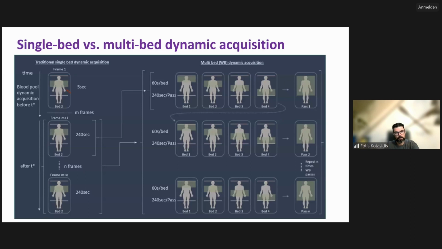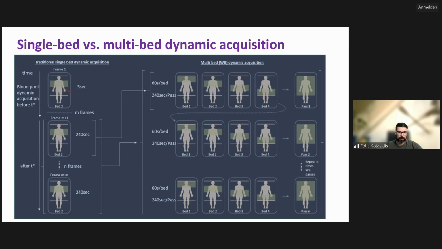So again, you have your Patlak model, and some time ago Nicolas Karakatsanis and his group developed protocols where you scan a large blood pool at the beginning of the scan, and then instead of staying in a single field of view, you can sacrifice some of the temporal resolution and extend the field of view, so you can scan multiple bed positions, using the time that it takes for Patlak equilibrium to be reached to get the early part of the